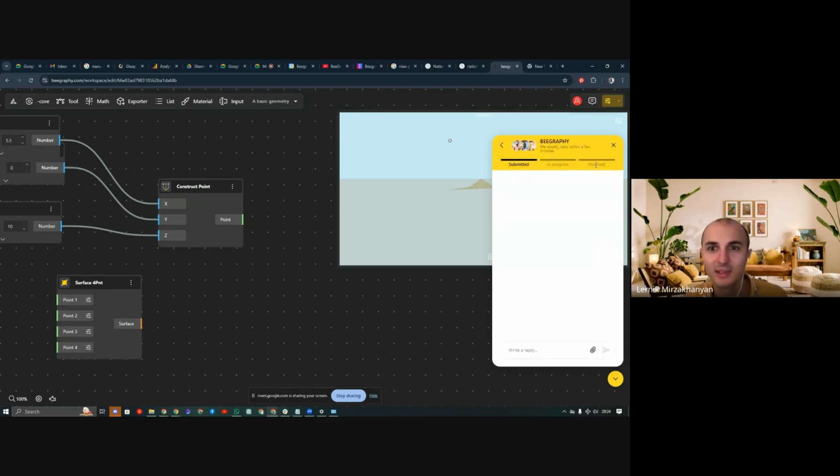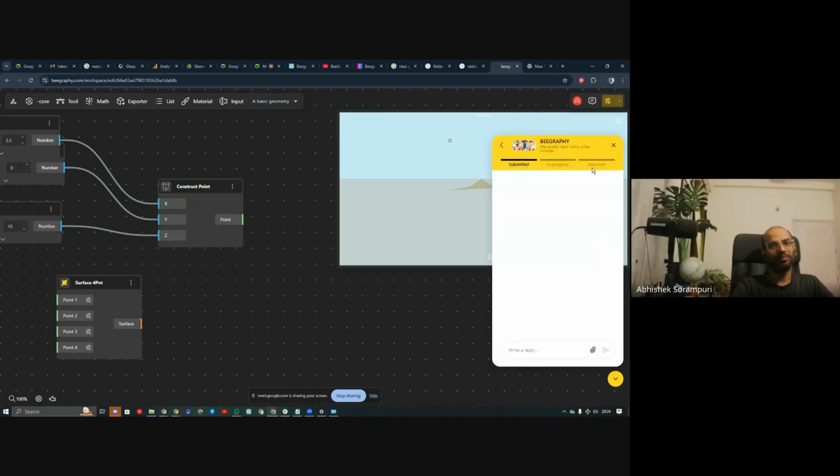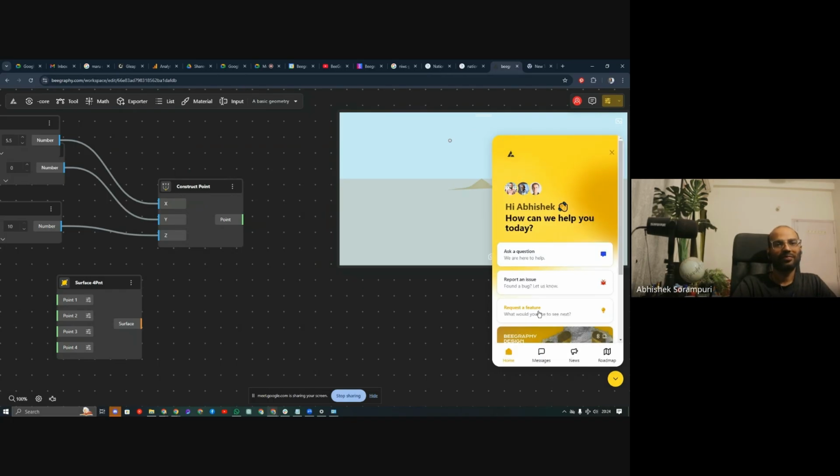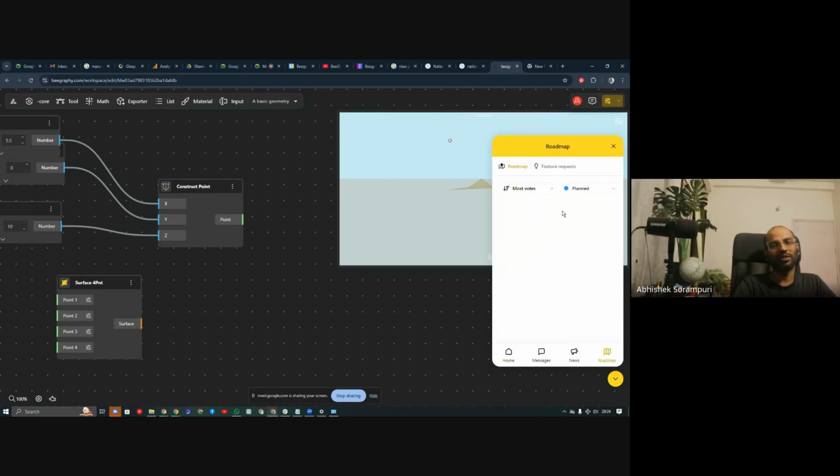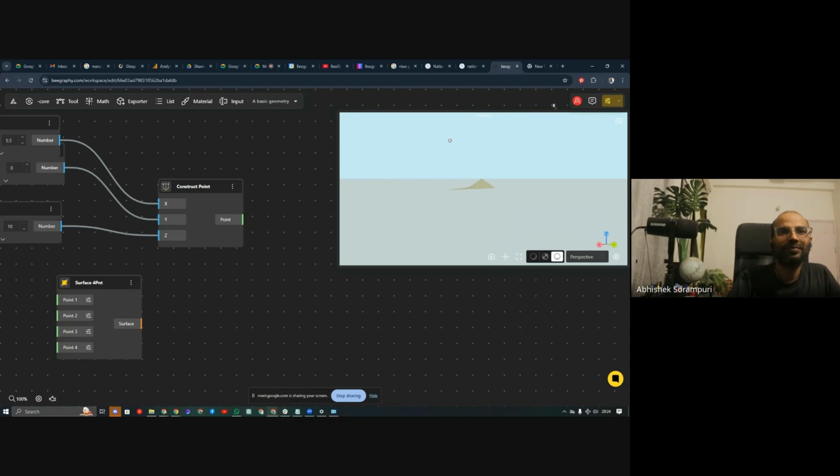Now you will see the progress that is happening, whether the submitted bug is in progress. Once approved, it will appear in the roadmap as well. I just wanted to share this because anyone facing an issue with BeeGraphy can report it directly.